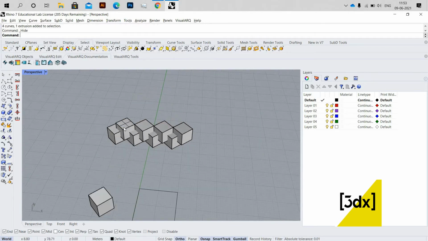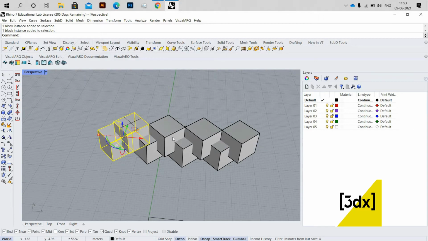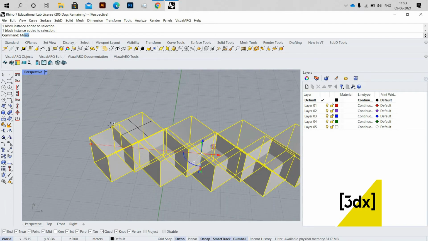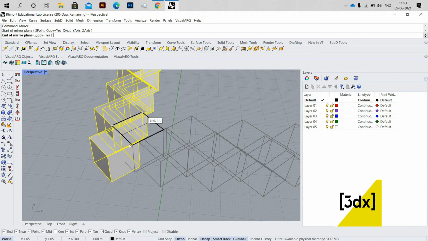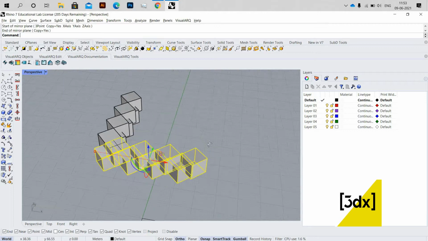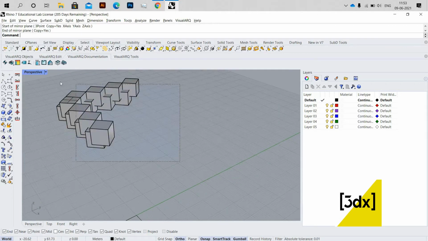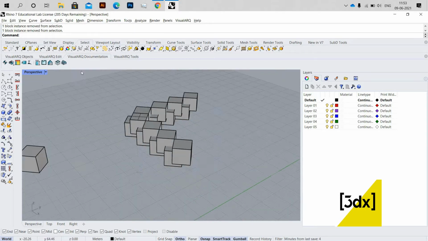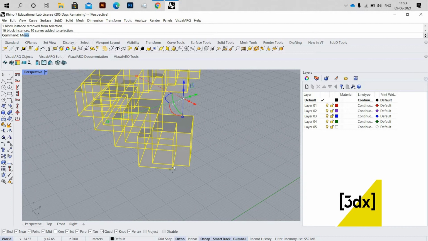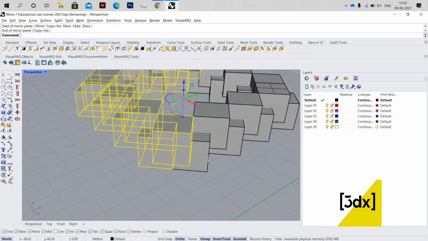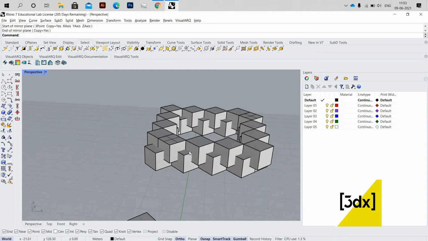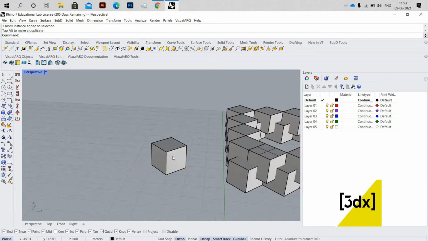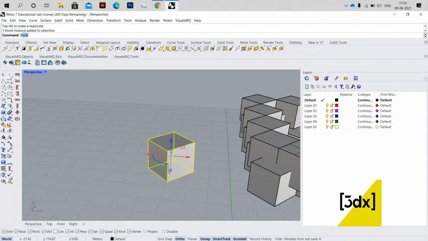Now I don't need the square and lines, which I just drew for reference. So I'm selecting all these and using the mirror command, and now I'm mirroring it. Okay, this is fine. So I'm copying all this, and now I'm using the mirror command again. So you will get a pattern like this, and I'm dragging a copy of it,